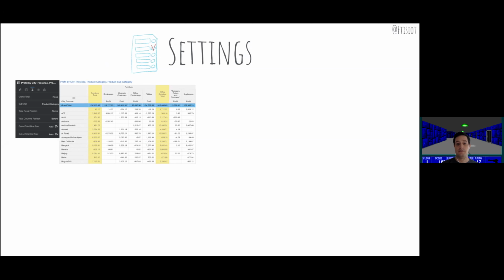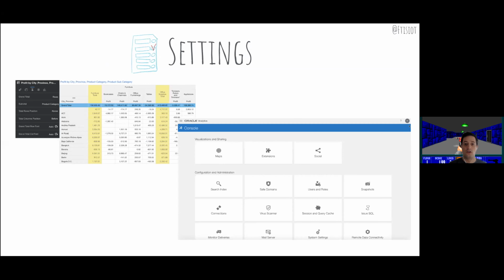It's not really nice to see, but it's just an option that now you have and before you didn't have. Also, other types of settings: when we are installing OAS, we also get the console, which is available in OAC, that allows us to change the type of maps, for example, add extensions, and also change some server parameter settings from the web console.